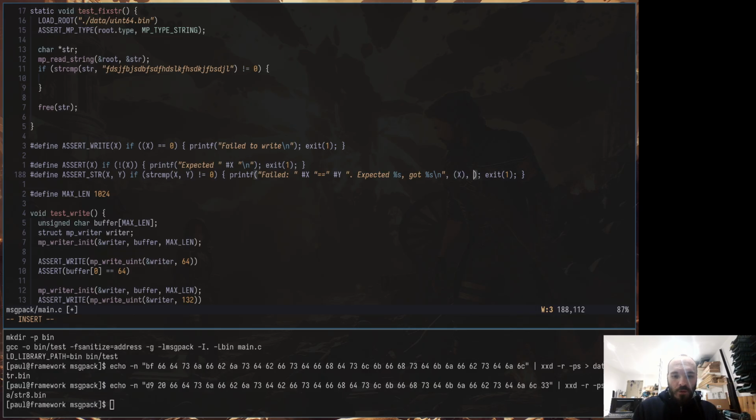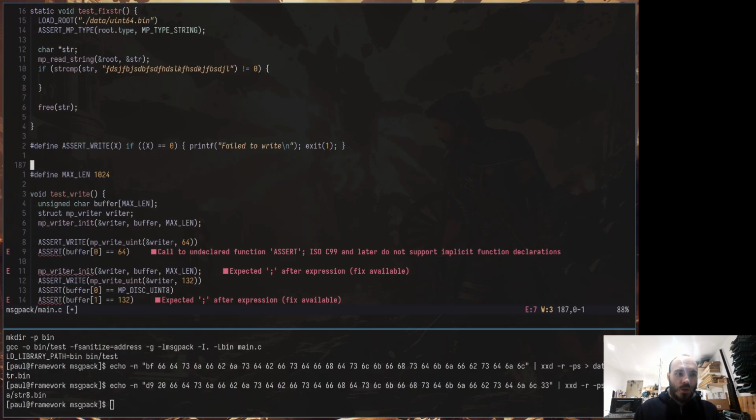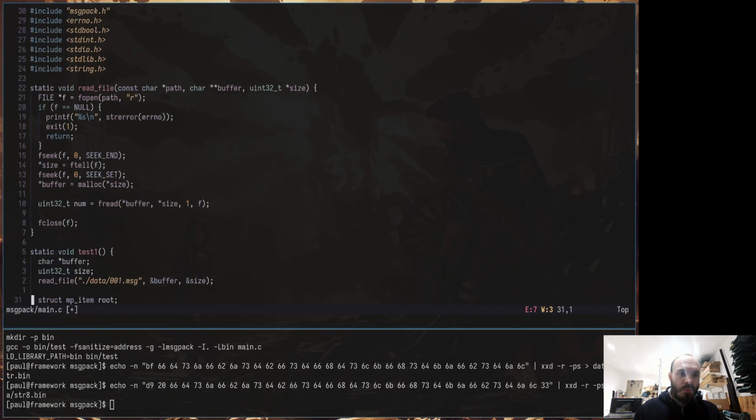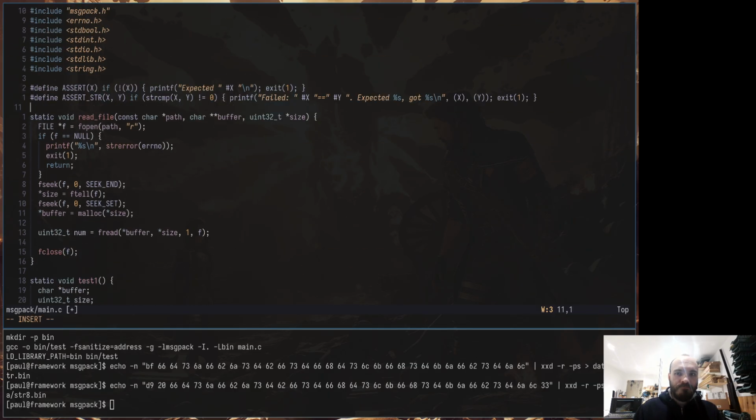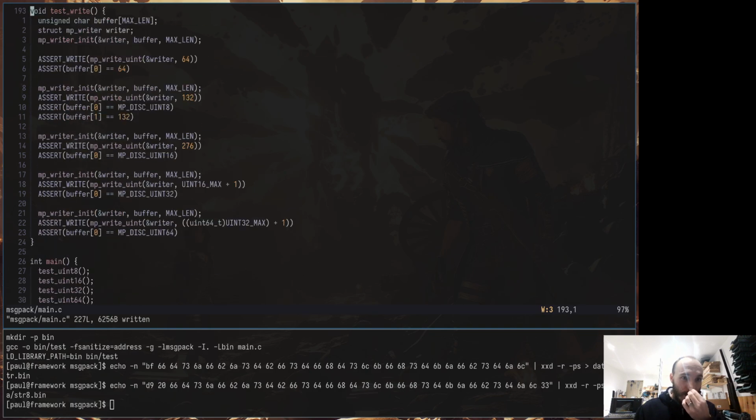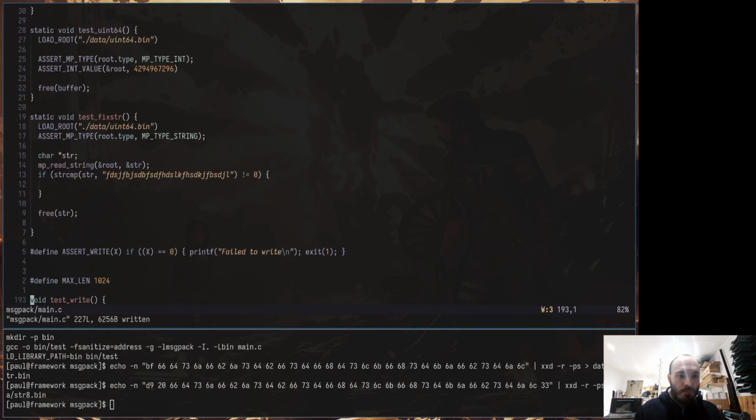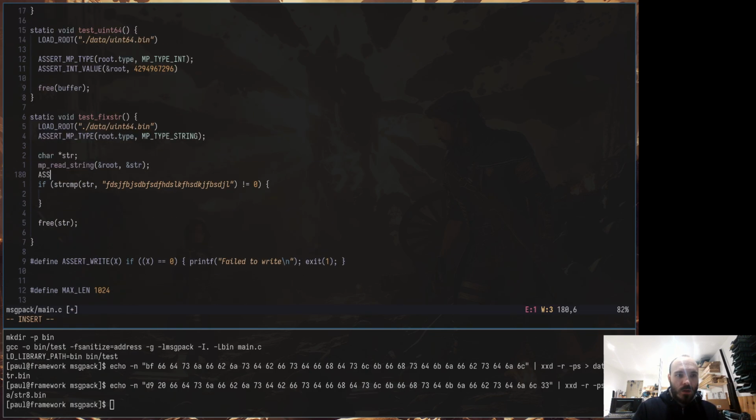So x followed by y. Now the problem is that obviously if I provide something in the assert that is evaluated, that's going to be evaluated twice. So I may in the future change it to have a local variable that's kept there. I'm going to put that all the way at the top so I can use it. And now I should be able to go and say assert str with this big monstrosity